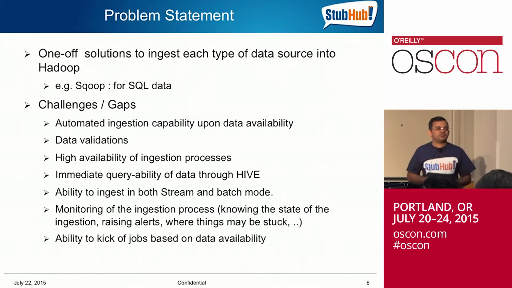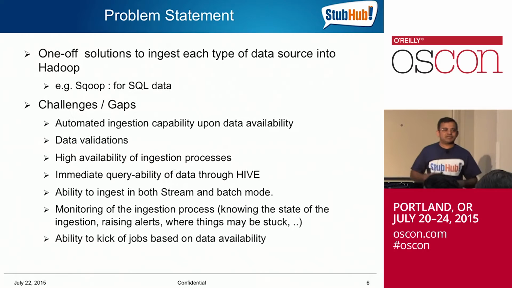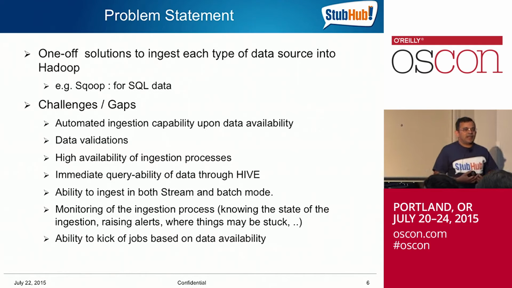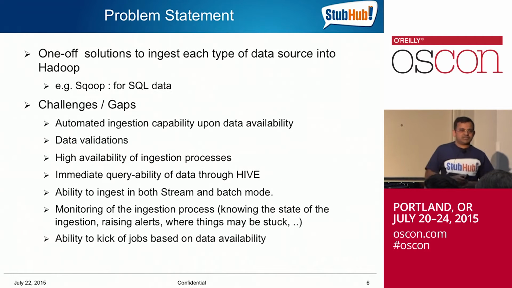You send marketing campaigns to people. You want to know who has opened those emails, who has clicked those emails, what was the response. All of the data is not necessarily structured. It's semi-structured at best. How do you bring that in? And more importantly, how do you bring that in on a regular basis, streaming, automated into your Hadoop process so that your downstream teams can leverage and analyze that data?